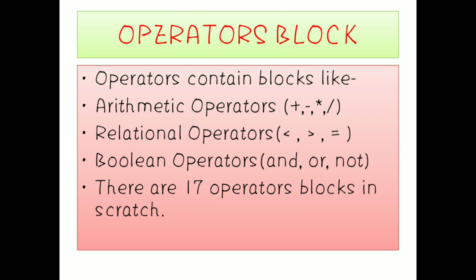Okay? Next, Boolean operators. Boolean operators are of three types. That is and, or, not. Okay? These three are the mainly used operators in the scratch window. Including all these operators, we have 17 operators in the scratch window. Okay children. Next,